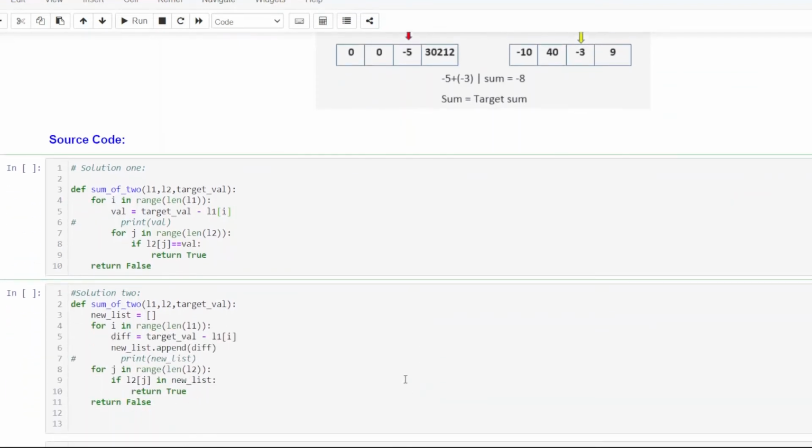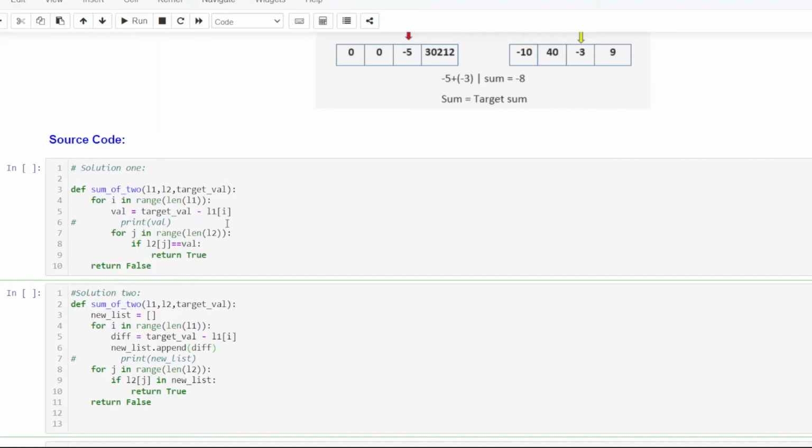So now we are solving this in the same method, but just I am using a list. So it is same, defining a function sum of two with L1, L2 and targeted value. Now here I am creating a new list to store all the values. So for i in range of length of L1, again looping through the list 1, taking a variable different equals to target val minus L1 of i.